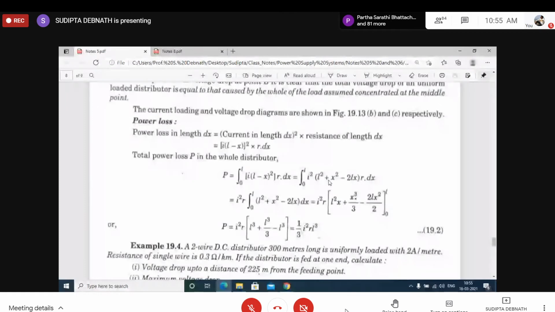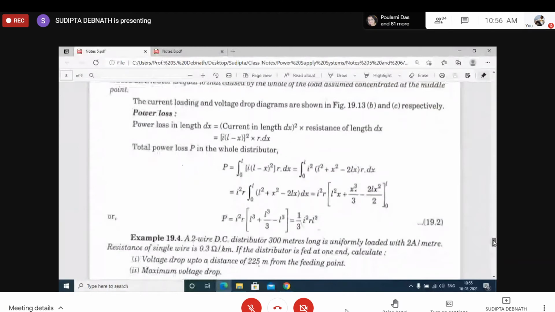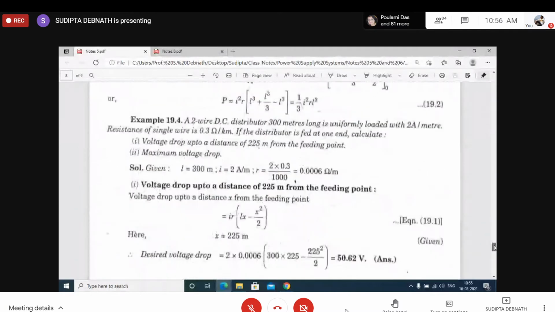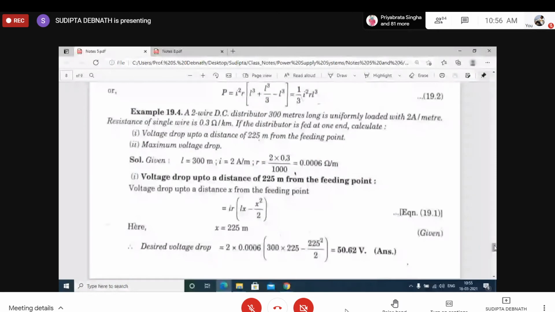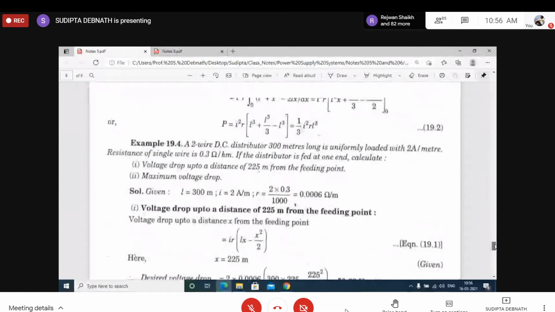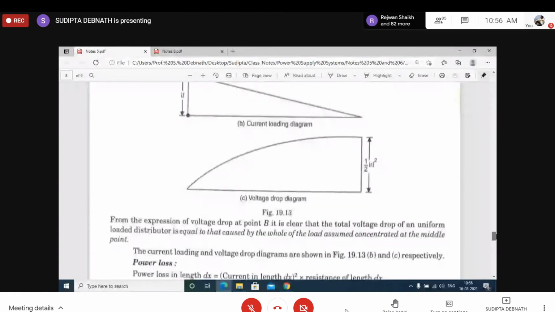Actually, I have chosen this book because so many problems are given, and I always prefer discussing problems so that you can get a clear idea. Though printing mistakes are there, they should not be a serious issue for any of you, because you can easily understand that it is a printing mistake. Now let us go to the problems. We have discussed the loading diagram and everything. Let us directly go to the problems and solve two problems.